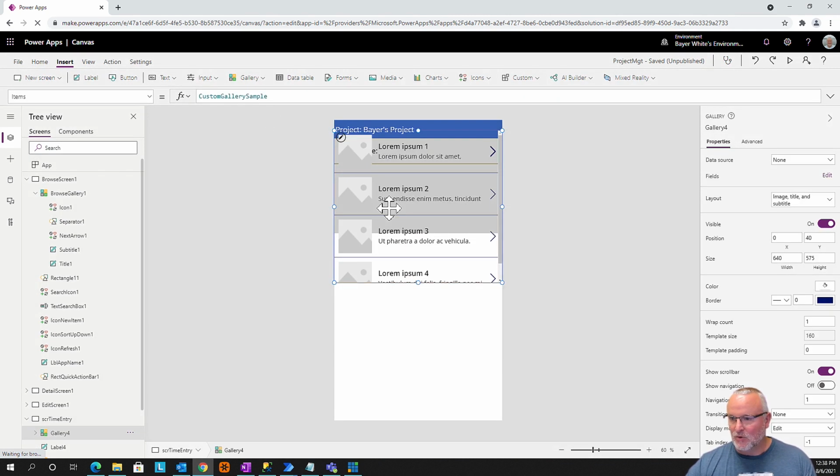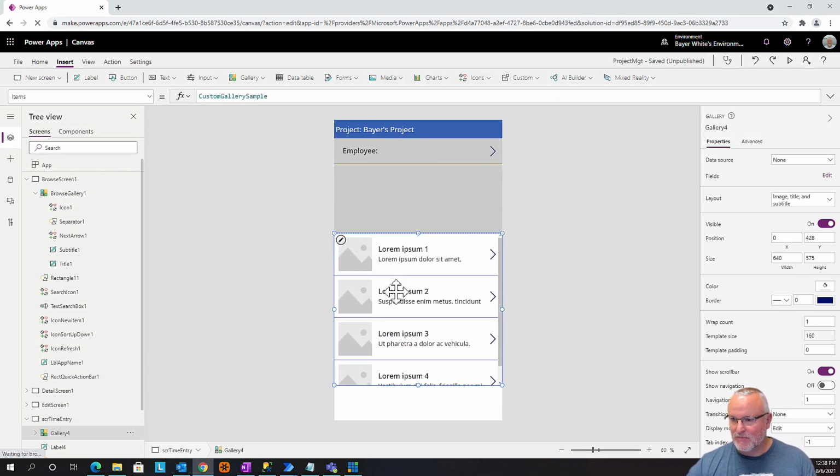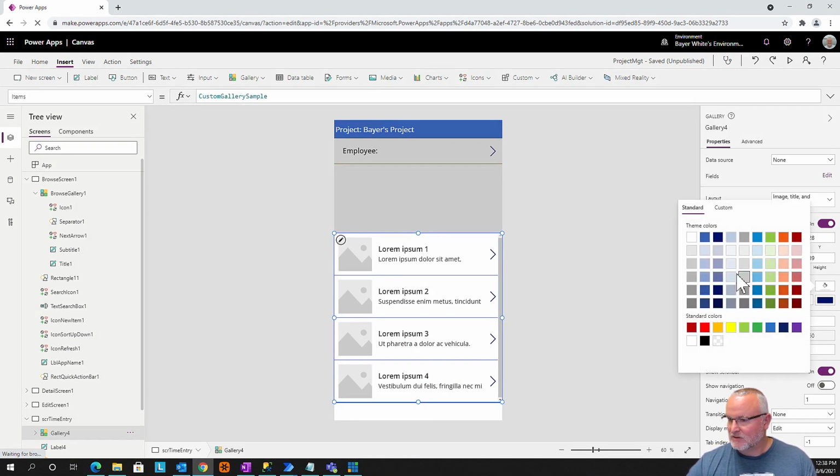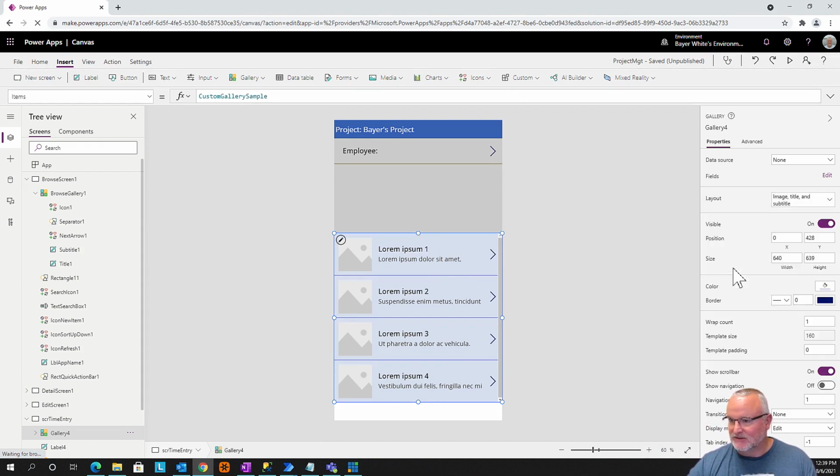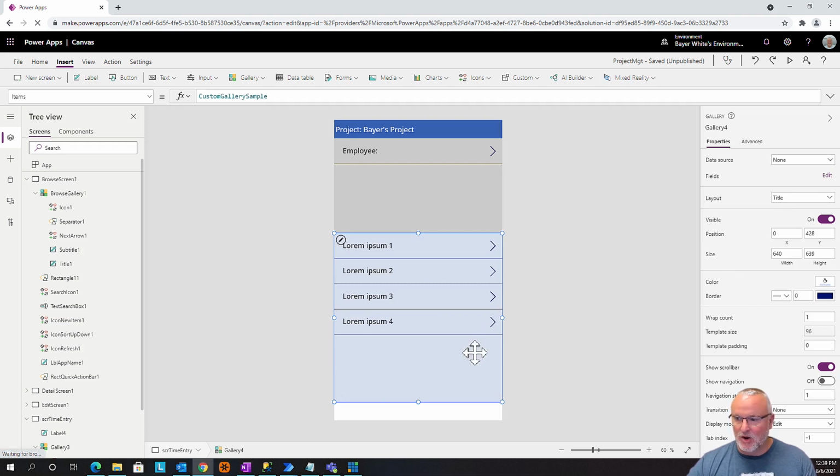Okay, and we'll bring this down here at the bottom. All right, we'll give this another color too. Let's bring this up a little bit. All right, and let's just make this something a little bit different. All right, so this will be all of our time for the employee. And now that we've done that, we just want to bring this down to just a title. But before we do that, let's go ahead and set in